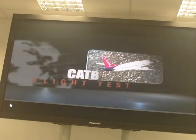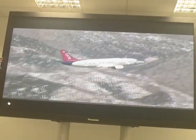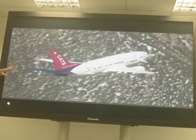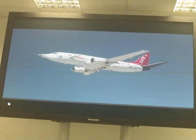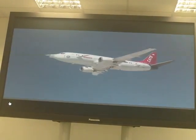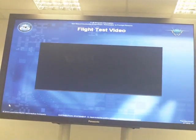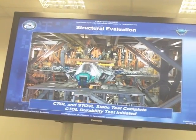Another unique airplane is the Cooperative Avionics Test Bed, or CATBird. This is the airplane we're testing our mission system sensors on right now. I'm going to show you some imagery that we're capturing off of those sensors later on in this presentation. But in essence, it's an F-35 flying in the body of a 737. It replicates the F-35 exactly in the way the sensor layouts are done. Okay. Another